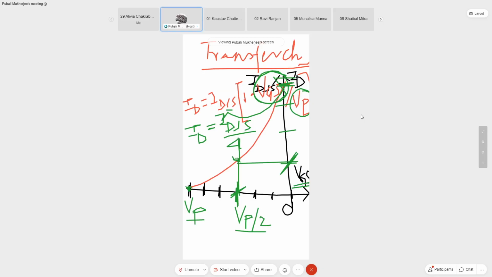Okay, that is the plot of the Shockley's equation, estimating the point of IDSS by 4 by putting VGS equal to VP by 2 in the Shockley's equation. That is the first part of the analysis.